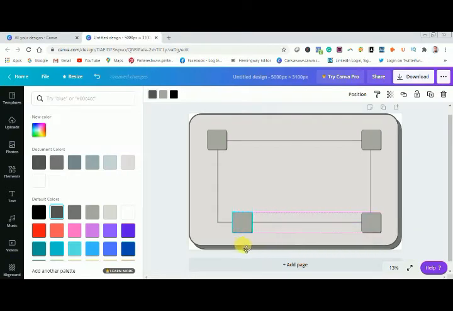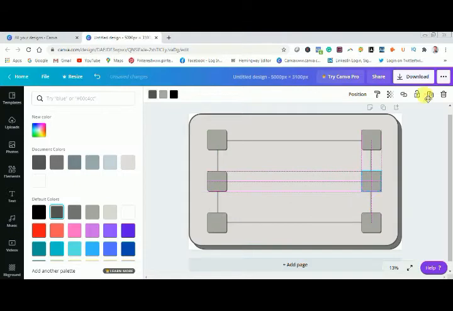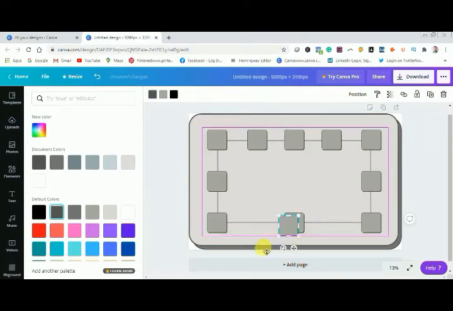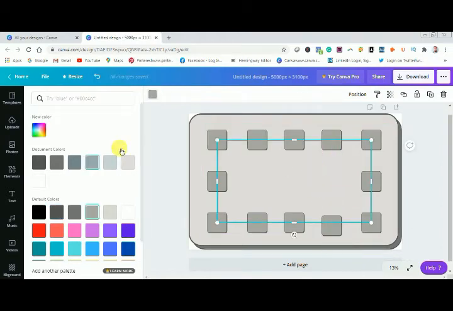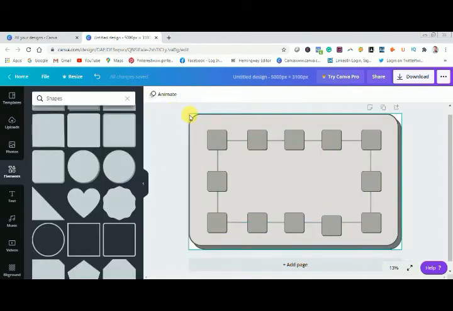When we press on the duplicate it saves our time as we have selected the particular element from the element section. Okay, there you go. Now this is my main interface that is ready here on Canva.